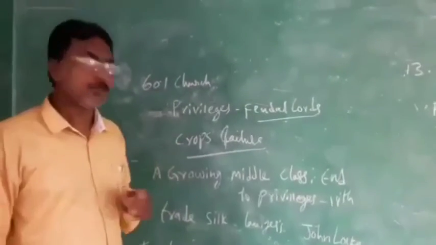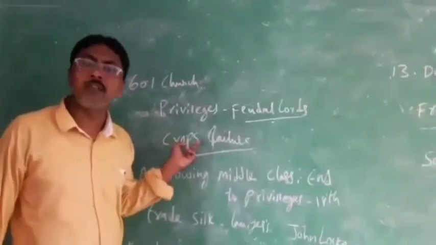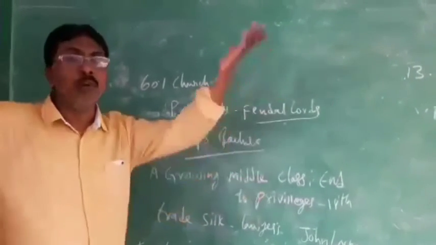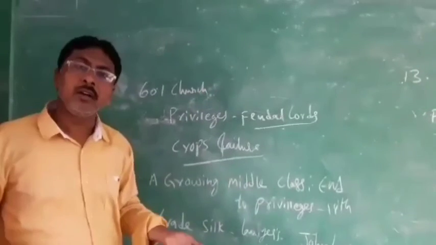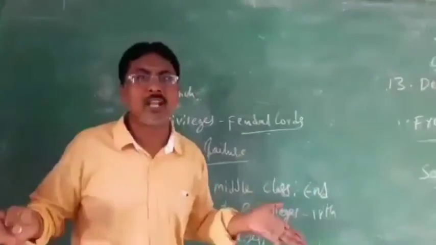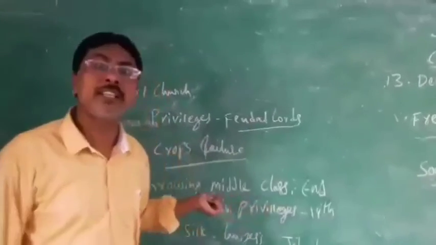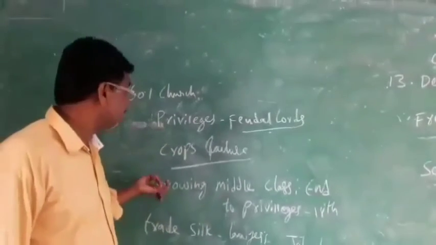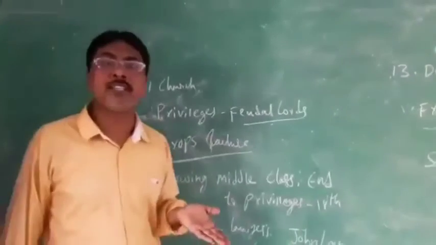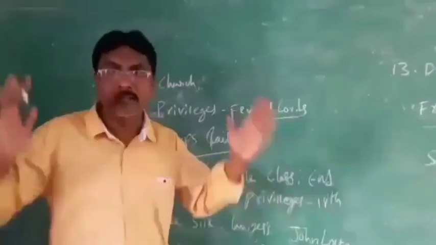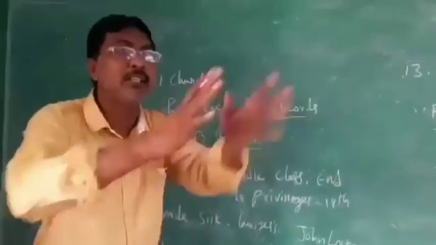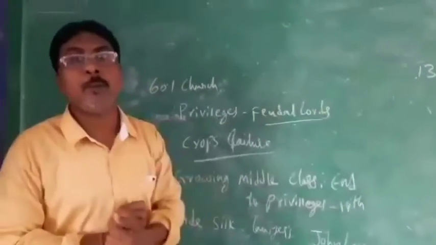In those days, crop failures used to happen. If rains are not there, the crop will fail. If there is excess rainfall, there are floods, and destruction and damage to crops will happen. Even then, they should pay the taxes. Everything, the whole burden, was on the third estate. Ninety percent of the population was the third estate, and they used to pay the taxes. Even laborers used to pay the taxes to the government.